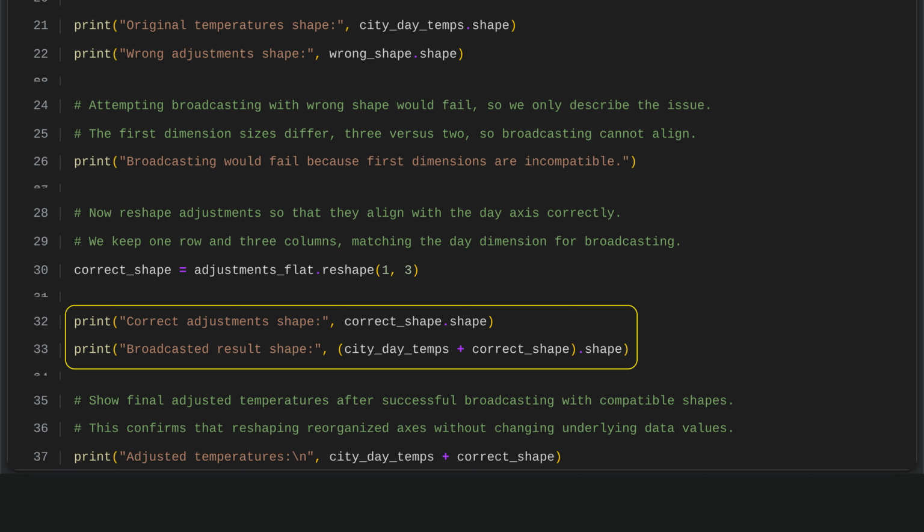We reshape the adjustments array so it has 1 row and 3 columns, matching the day dimension of the temperature data and allowing broadcasting to work correctly. After adding these adjustments to the city-by-day temperatures, we check the shape of the result. It matches the original temperature data with 2 rows and 3 columns. This confirms that the reshaping was done properly and that the adjustments are applied correctly across all days for each